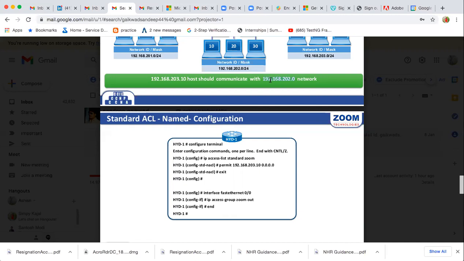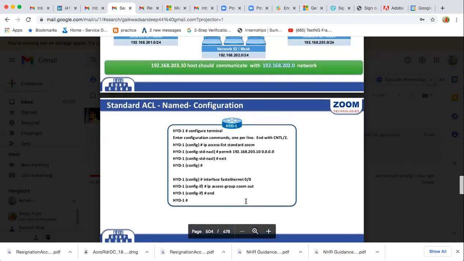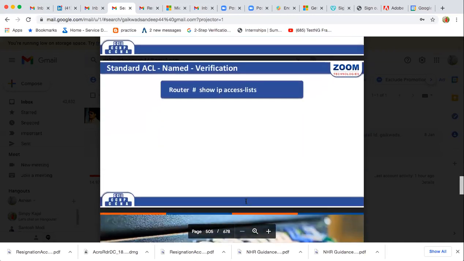Based on the deny, because of the implicit deny. Same interface, FastEthernet 0/0, ip access-group, zoom out. So after configuring this, your standard access list name is configured, and if you wanted to see that